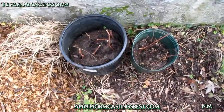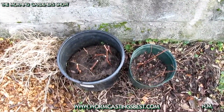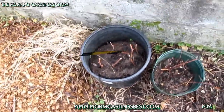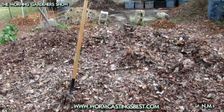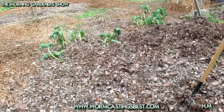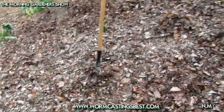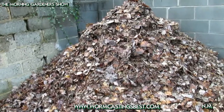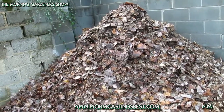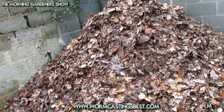And then I got some leaves back here I got to move, but folks, this is just too easy to do. I'm almost finished with moving leaves today. It has been quite a task with the little pitchfork there. I piled up some here, and it'll go down to about 3-4 feet. I think it'll go down further than that actually, probably,